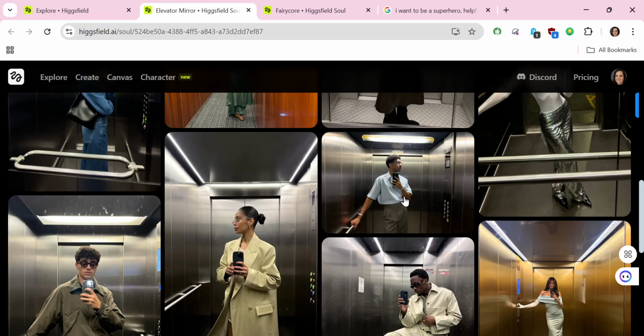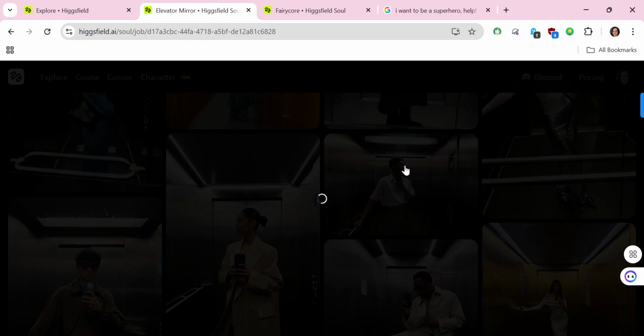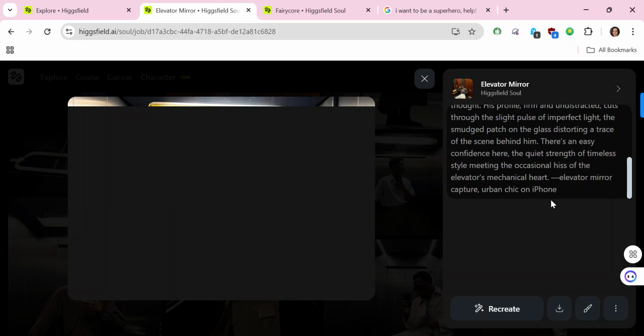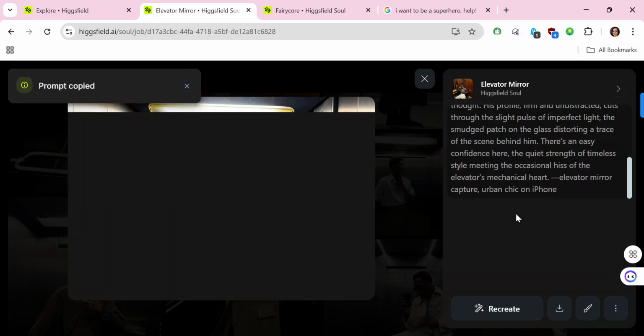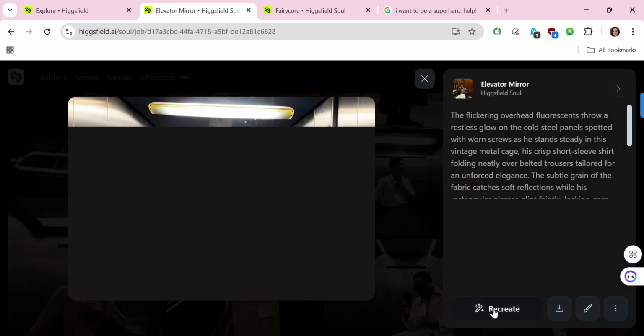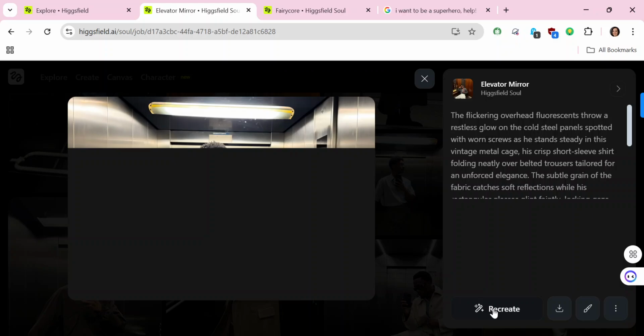So let me say I want to create this. I'll just click on it and it will bring me to a page where I can see the prompt used to create that particular image. I can scroll down, copy the prompt, or just click on recreate. Seeing that I've copied the prompt already, I can click on recreate in this section,